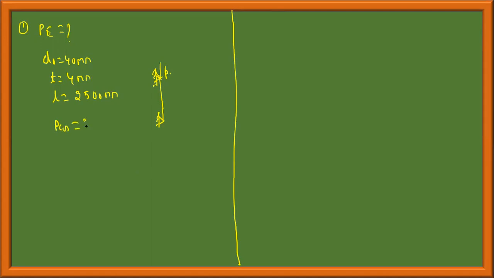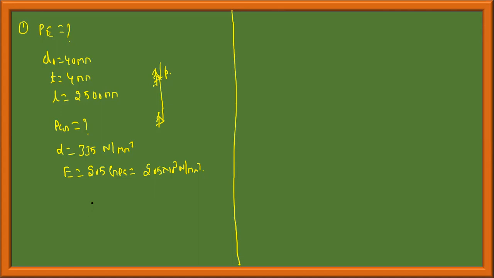I will indicate it by PCR, the crippling load of Rankine, using constant alpha equal to 335 MPa, or you can write 335 Newton per mm square. Take Young's modulus E equal to 205 GPa, which I will write as 205 into 10 power 3 Newton per mm square. This is the given problem. I need to find the Euler's buckling load and Rankine's crippling load. Now I will go ahead.